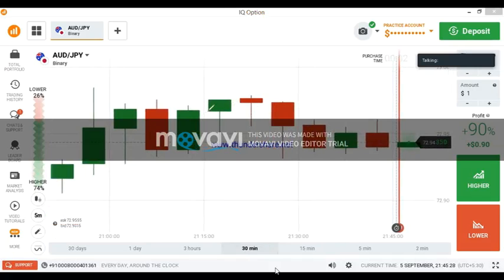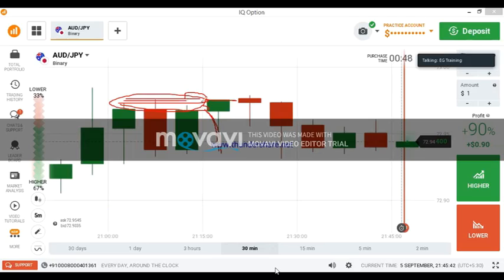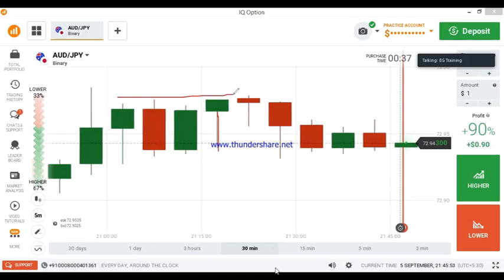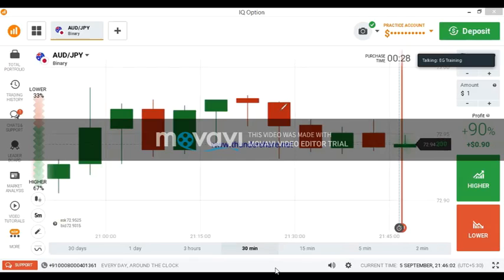Okay, we are seeing a seller's entry here. There are some sellers, and here we are seeing a strong seller's entry, and the candle closing point is at the seller's area. So the candle is showing us the sellers are interested in the market because we are seeing a very strong seller's entry, and the candle closing point is at the seller's area. The closing point is showing us the sellers will enter into the market. There is more chance for sellers to enter the market because of this closing point, because of this seller's entry.